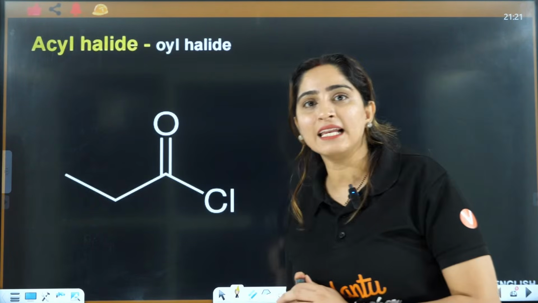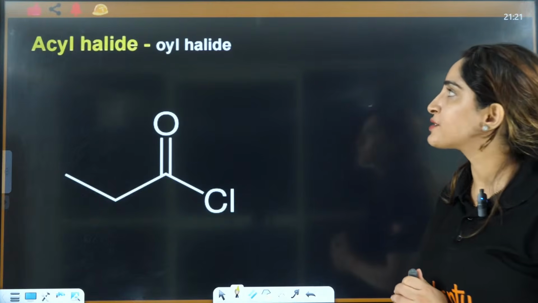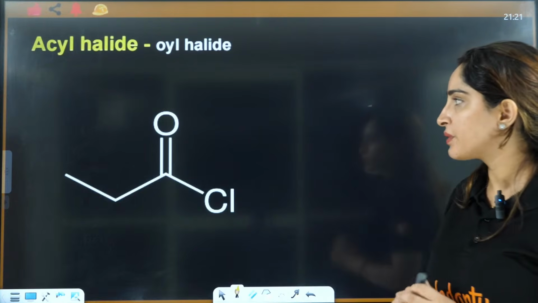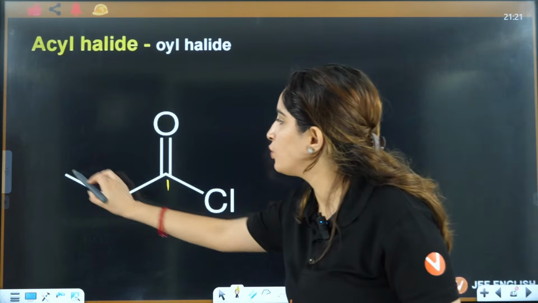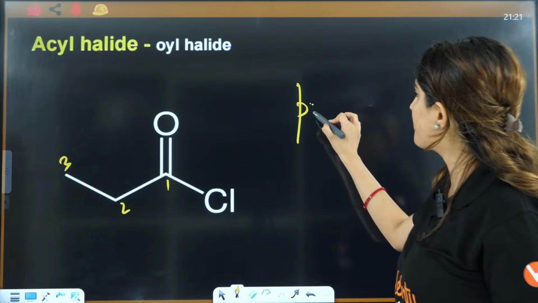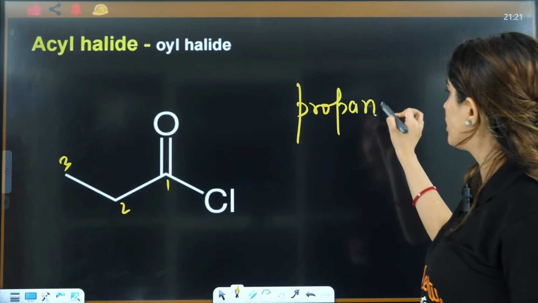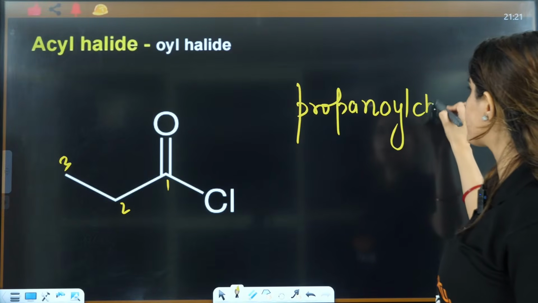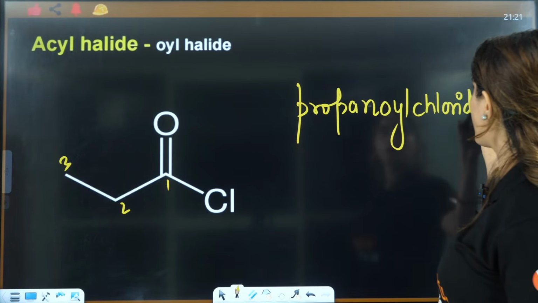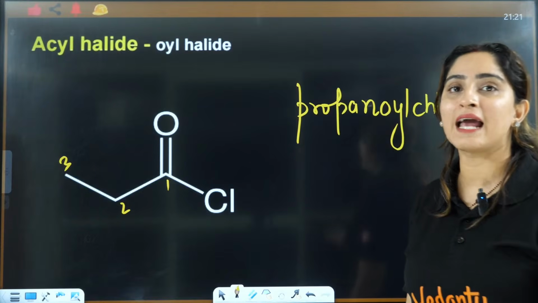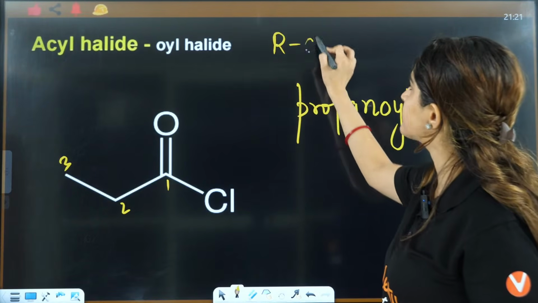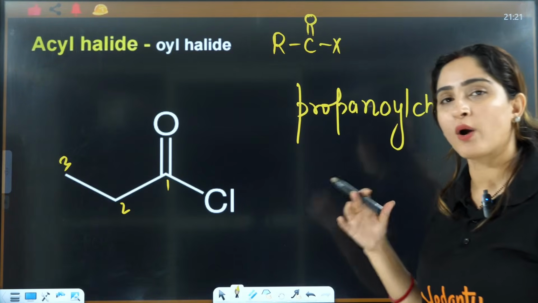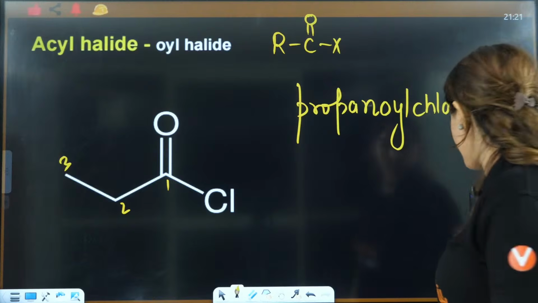Then acyl halide, that is called as oyl halide. Now this thing is given to you. Number of carbon is 1, 2, 3. So instead of saying propane, you will write propanoyl. This is chloride, so you will write propanoyl chloride. This is for acyl halide. Acyl halide is RC=OX. That I told you initially in the starting, what the different functional groups are. Okay,